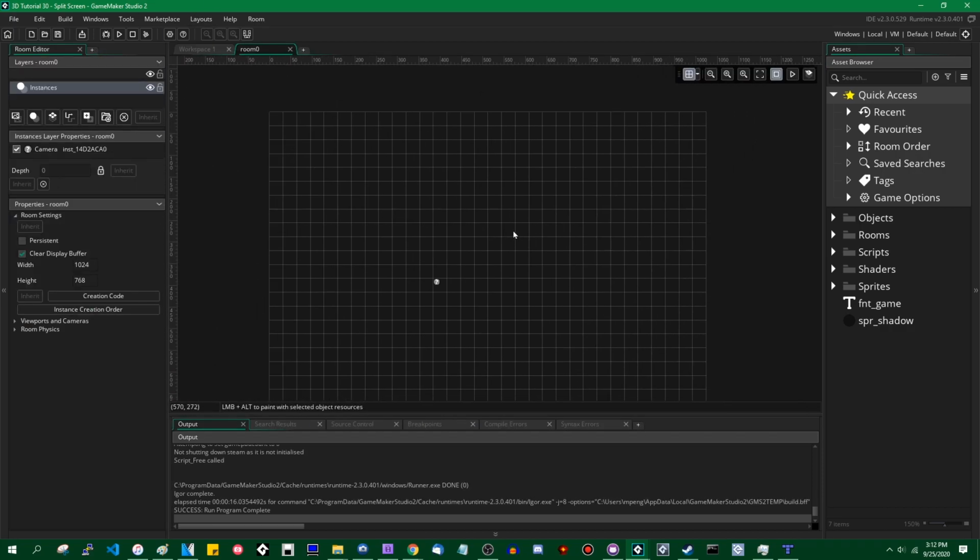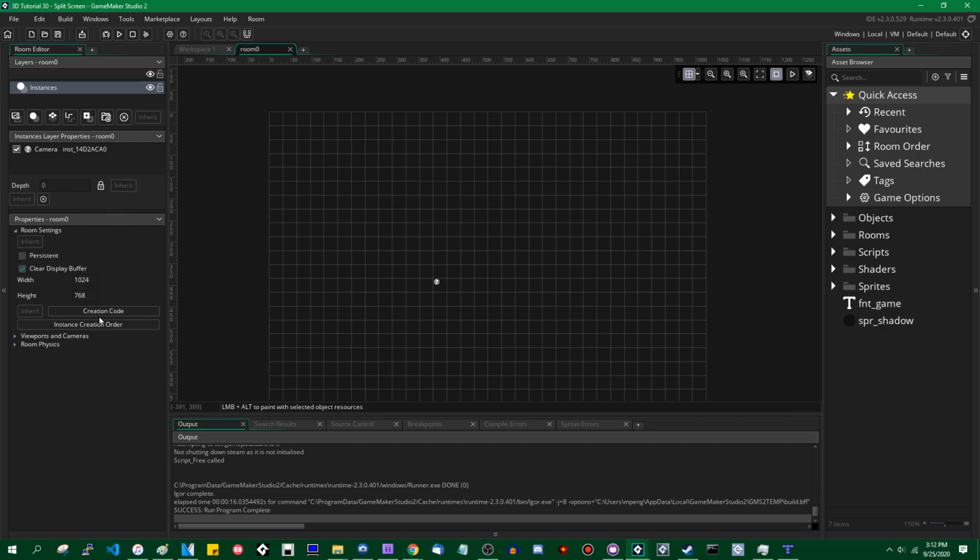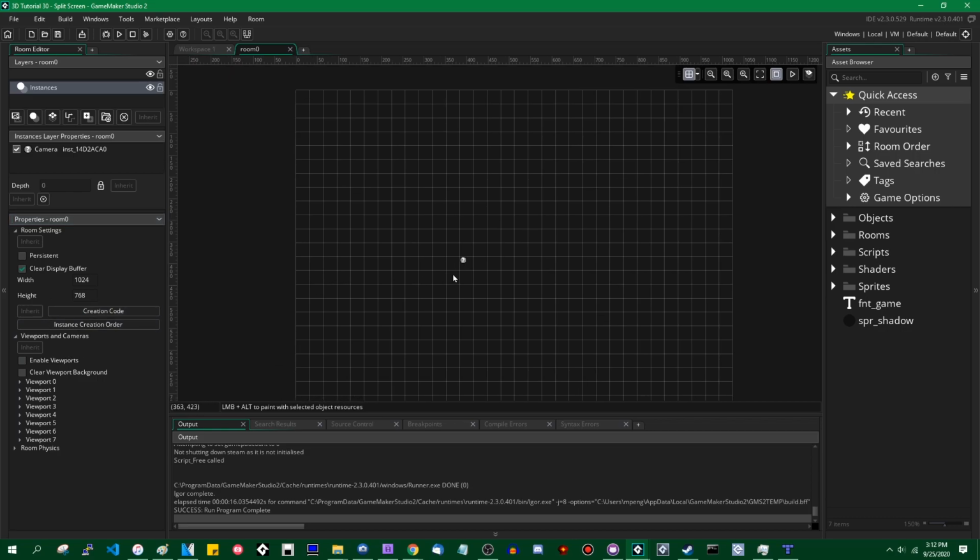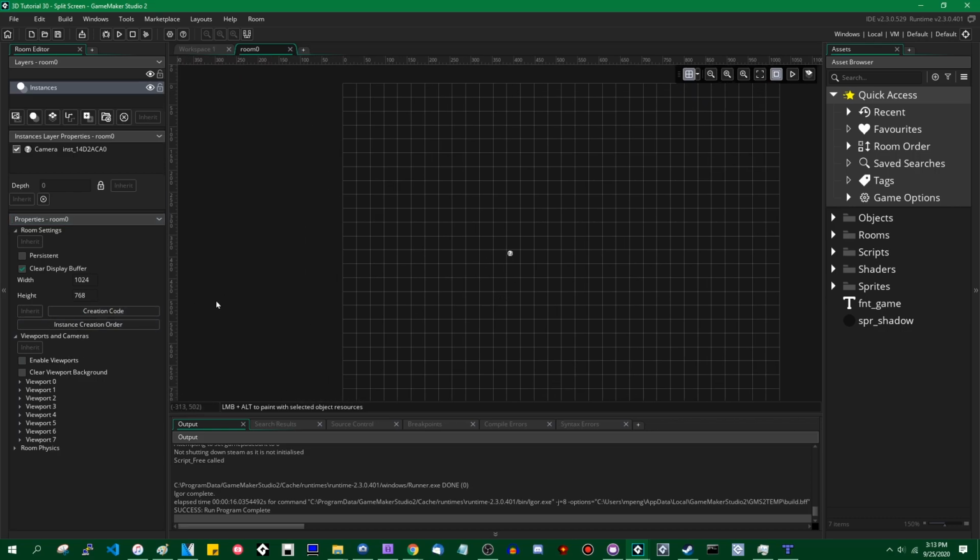First, we're going to talk about views. Views are something I've more or less ignored for most of the series. You probably are aware in GameMaker that you can have a bunch of views in a room, and you can use those views to show different parts of the room. You can follow different characters around, that sort of thing. And in 3D, it more or less works the same way, except we have to do a little bit of